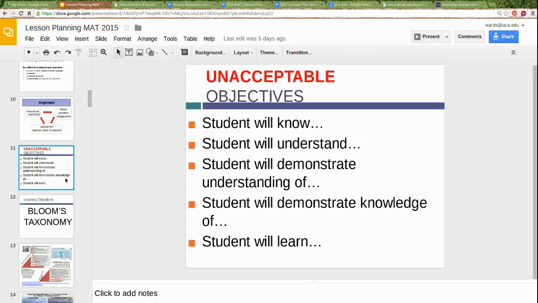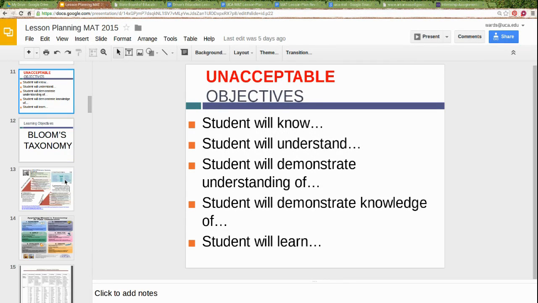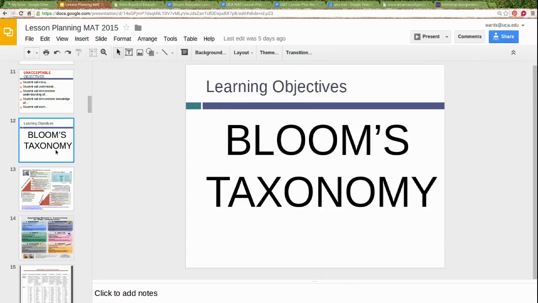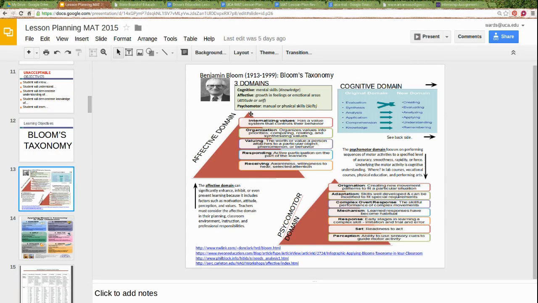So where do you come up with all these measurable verbs? I mean, how am I supposed to pull these out of my head? Well, one of the things that you can rely on is called Bloom's taxonomy. Benjamin Bloom is another one of our researchers or theorists, and he's credited for creating these 3 domains, pretty much a taxonomy of mental skills, growth in feelings and emotions, or manual or physical skills. So this little diagram